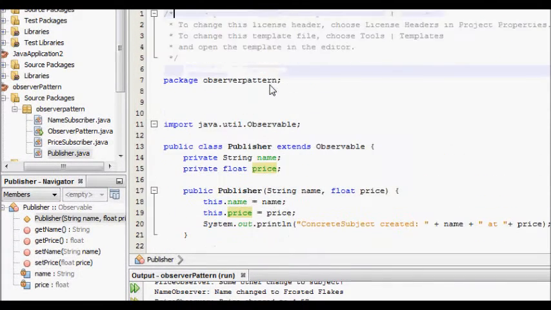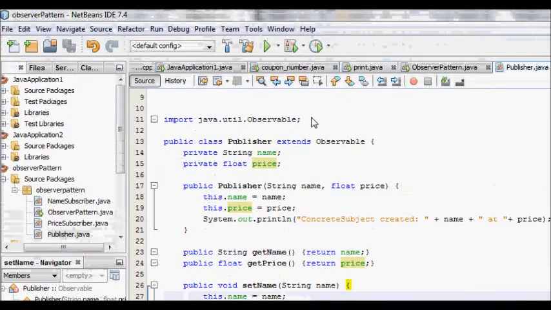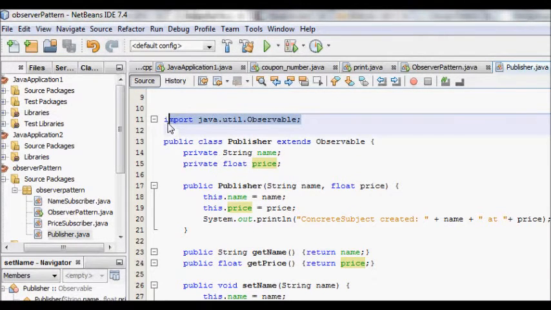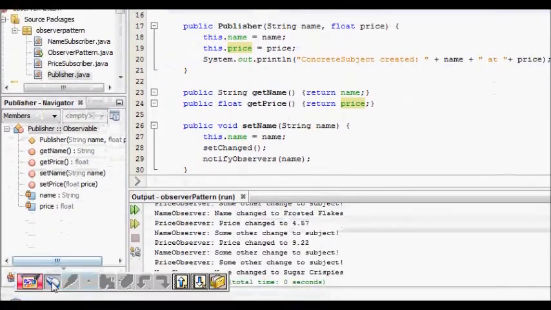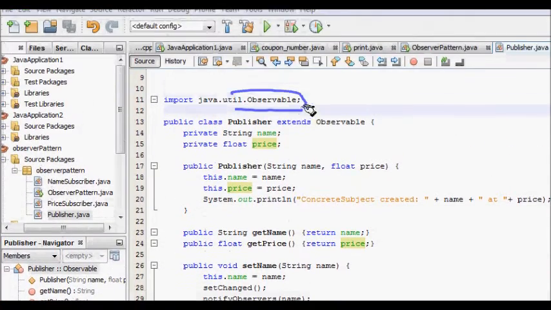Our first class is of course the publisher class. For that we need the Observable class, and we need to derive from it. This is java.util.Observable.